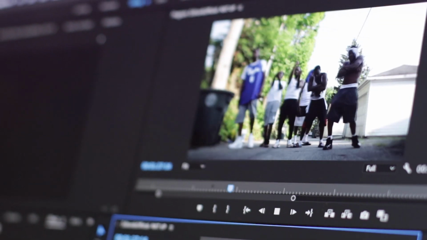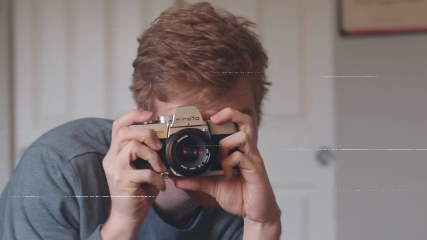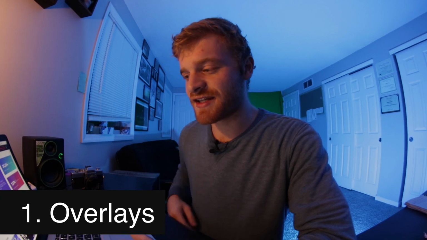One of the biggest and most effective ways to edit your video and make it look a little bit more trendy is to use overlays. Overlays are just film burns, flares you'll see over top of the video. They can be used as transitions. There's so much you can do with overlays. I get all my overlays for my videos from this website called